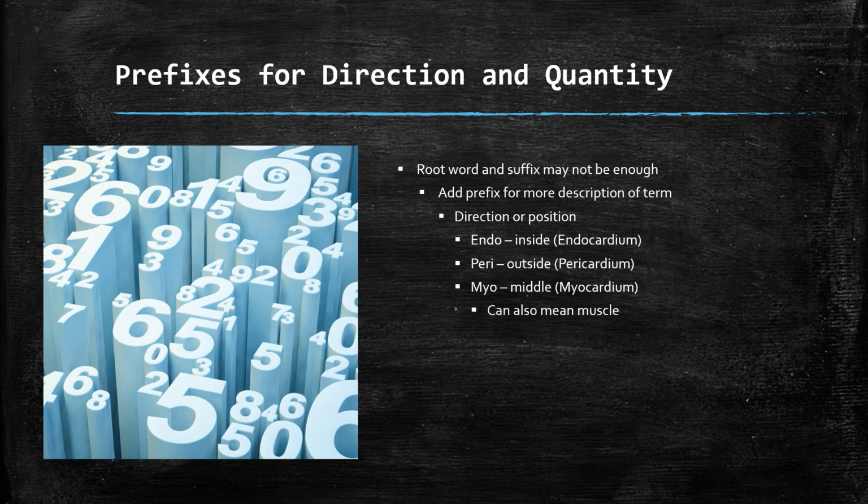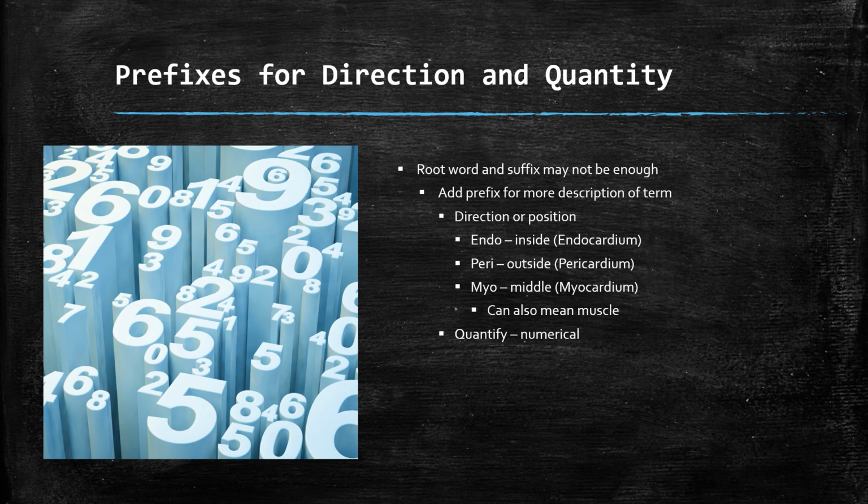Myo can also mean muscle, as the myocardium is a thick muscle layer of the heart tissue, while the pericardium is a membranous sac, and the endocardium is the lining of the heart chambers, which we also call the atrium and ventricles. As we already noted, prefixes can also quantify or provide us with numerical or other information like color